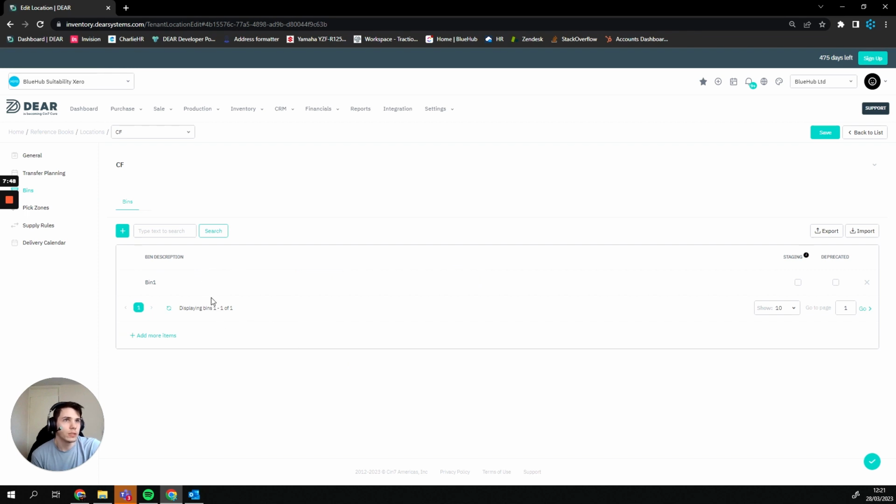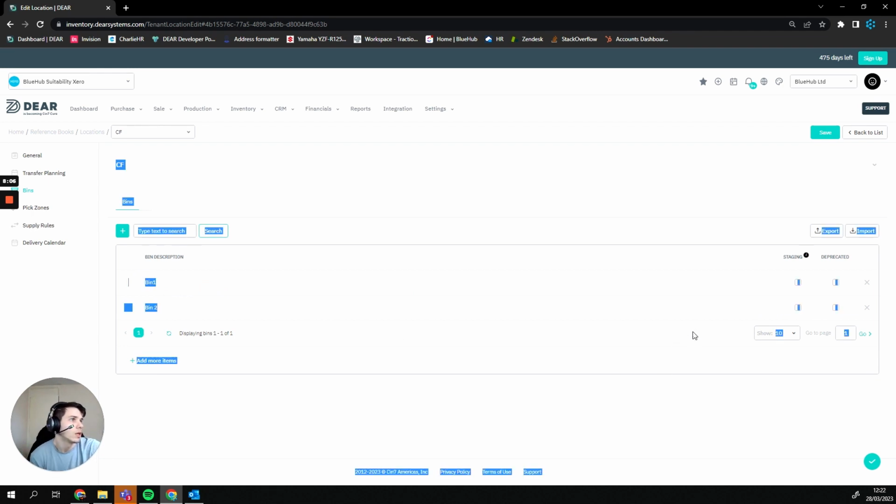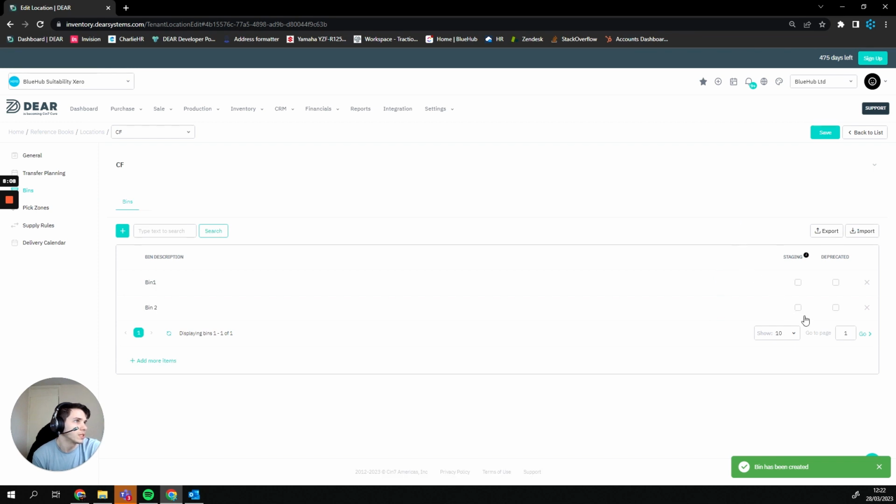Next we have our bins. Within our bins, we have a couple of options. Firstly, we have our bin name. We then have our options for staging and deprecated. Whenever we're making a new bin, we're just going to press the plus button here. We'll add a new name, such as, in this case, bin 2. We can then tick whether we want it to be a staging bin, and what that means essentially is that it's just a temporary bin where goods are going to be in a